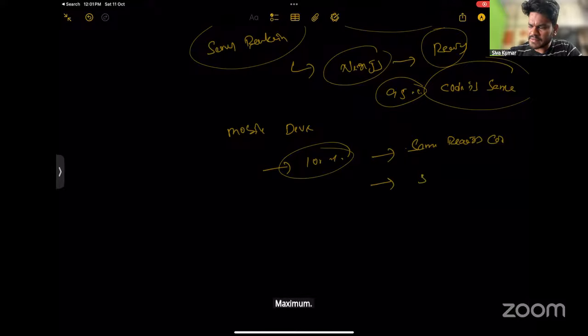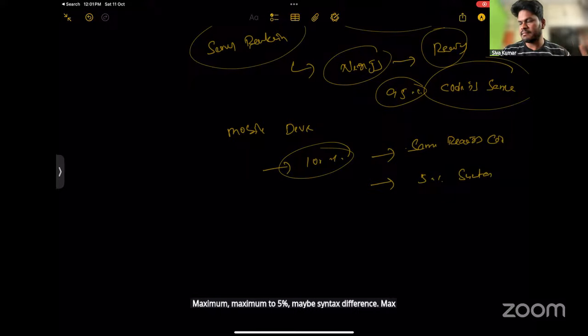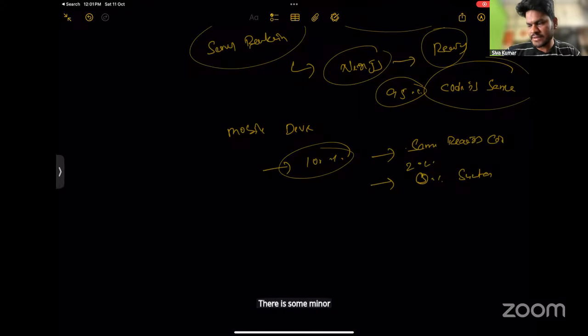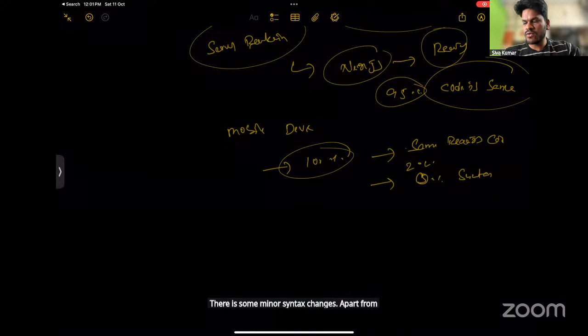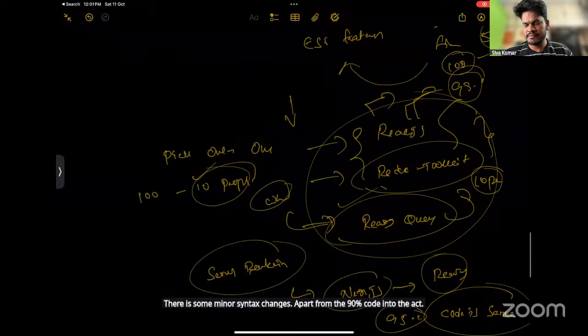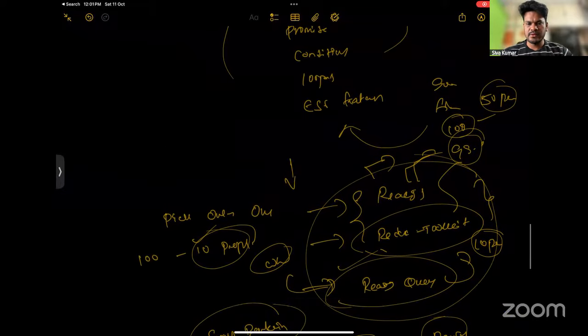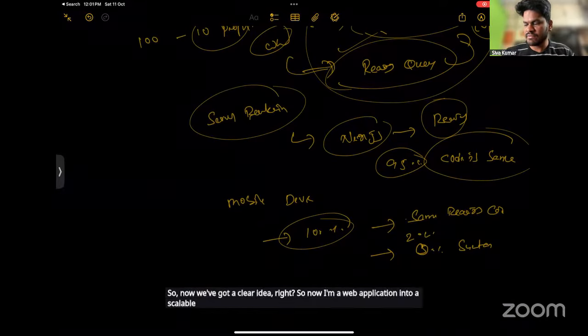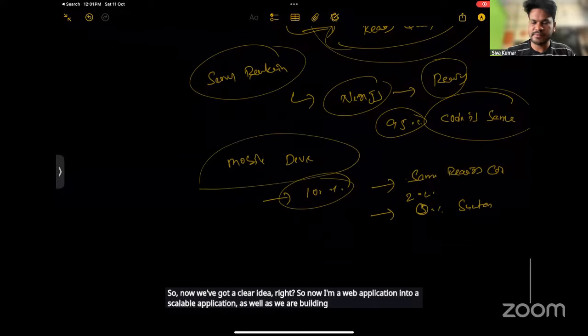Maximum 5% syntax difference, not even 5%, maybe 2%. There are some minor syntax changes apart from the 90% code that is React. So now you have a clear idea, right? From a normal web application to a scalable application, as well as mobile development.